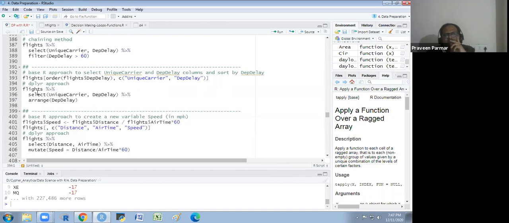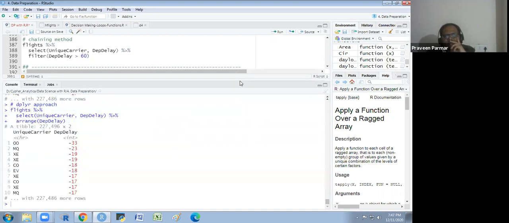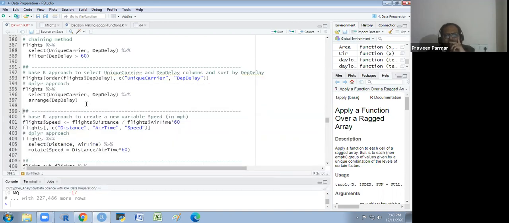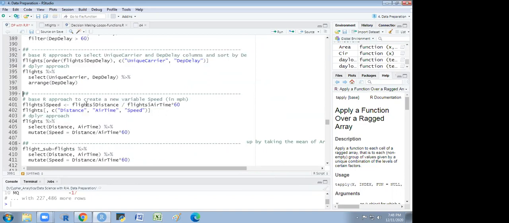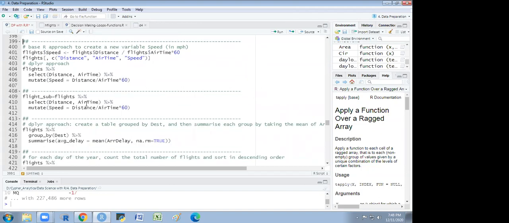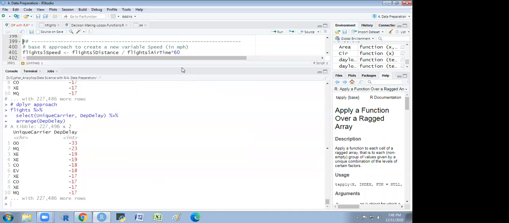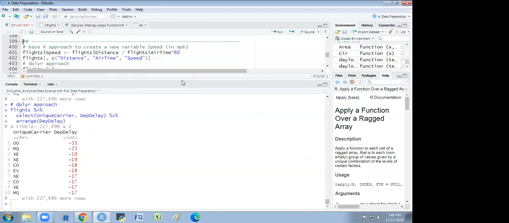Same we could use for the dplyr, the select first, then arrange departure delay. So you are getting, or if we write the descending, I will tell you that thing. Sir, can we sort 2 columns simultaneously? If I have one column character and second one is integer, then it will first sort with letters, means character wise, then per character it sorts the second integer column.